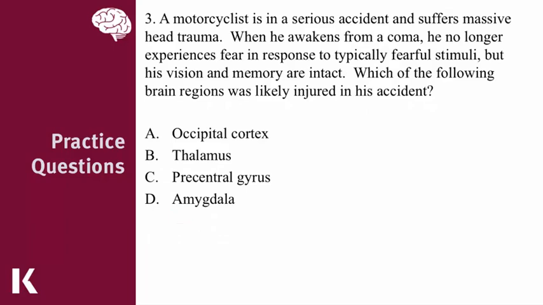And finally, let's attack this question, which gives us a patient who experienced a trauma and asks us to predict which portion of his brain was damaged based off of his symptomology. And the correct answer is the amygdala. The amygdala is responsible for our fear processing, and since he is no longer experiencing fear, it's most likely that he had damage to the amygdala.